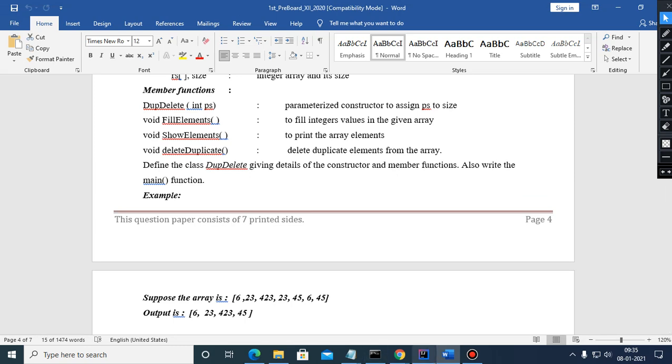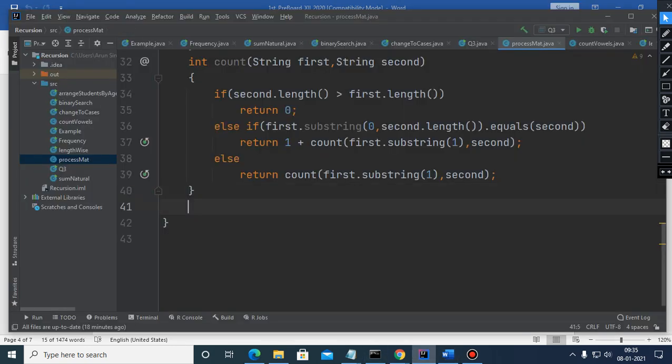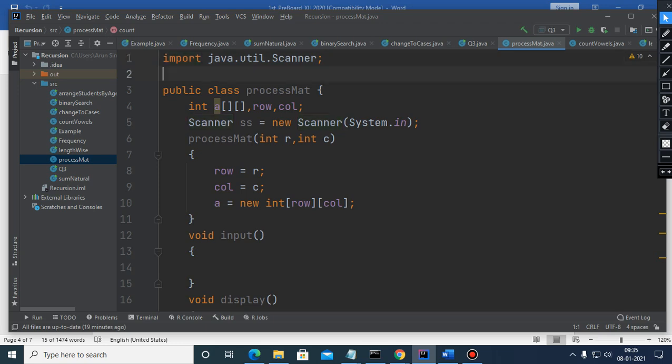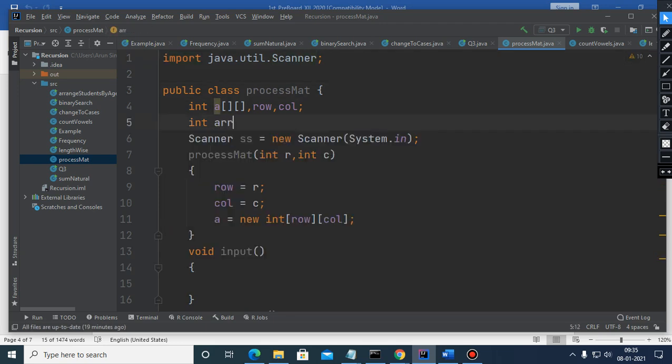this function, if I write void delete, so here what to do? Children, I need to define the arrays. Array here, int arr, otherwise it will show the error.